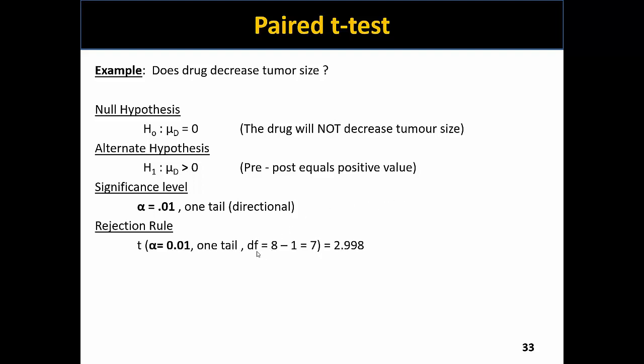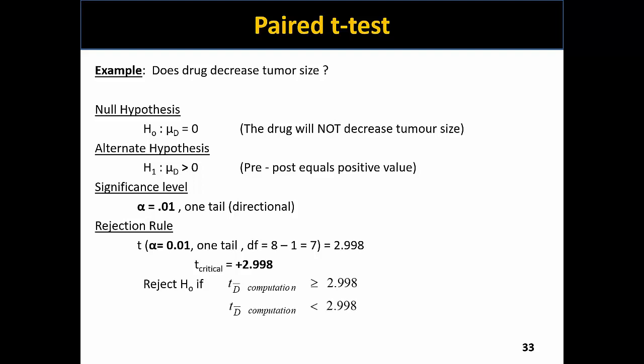And so in calculating our degrees of freedom, which is 8 participants, 8 paired scores, subtract 1, we have a degree of freedom of 7. At the alpha level of 0.01, if we look this up on the t-table, we find we have a critical t-value of 2.998, which is quite a bit larger than some of the other critical t-values that we've seen so far in this unit. So the critical t-value is a positive